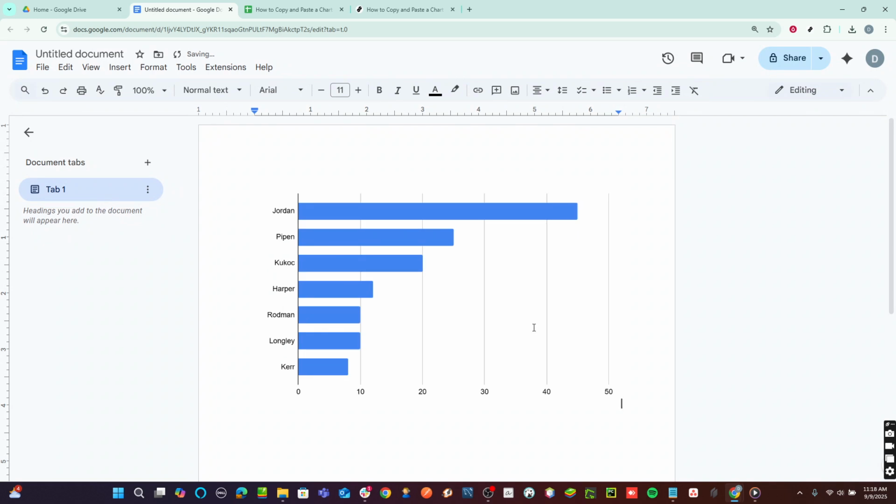Congratulations! You've successfully pasted a chart from Google Sheets into Google Docs. This skill is valuable for creating dynamic documents where the data is visually represented, saving you time from manually updating charts in your documents. Feel free to adjust the chart's placement within your document for a seamless integration. By following these steps, you ensure your documents are both informative and visually engaging,